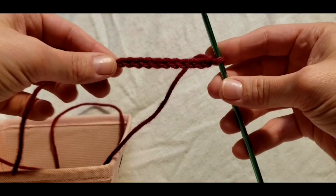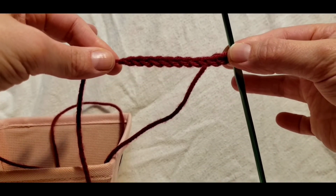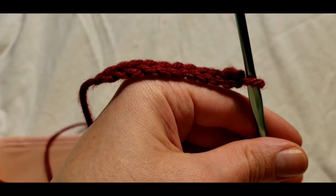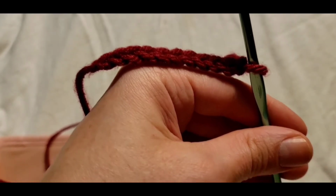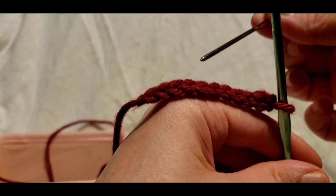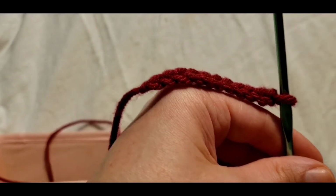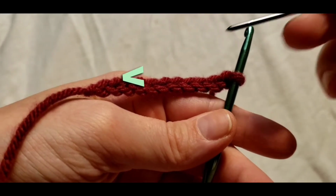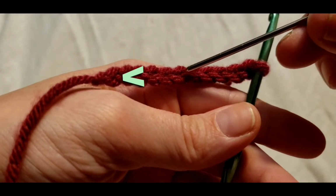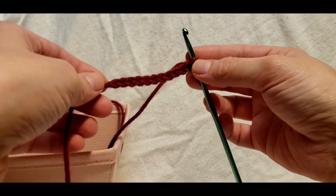Let's get started. So to make a single crochet, you will need to start off with a slip knot and a chain. If you are unsure of how to do those basic stitches, please refer to my other videos. In this tutorial, I will be starting off with 11 chains on my hook. So as you can see, I got 1, 2, 3, 4, 5, 6, 7, 8, 9, 10, 11. Chains look like little sideways V's. So you see a V right there, a little V right there, a V right there, and so on and so forth. So now that you have 11 chains on your hook, we will go ahead and make a single